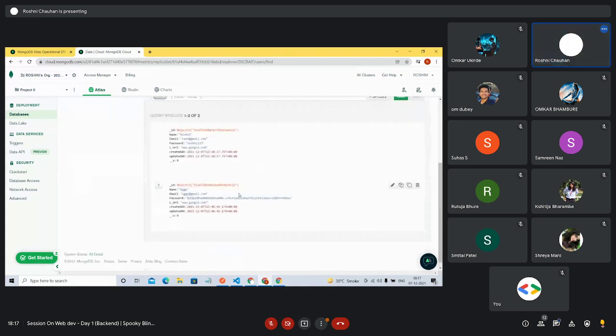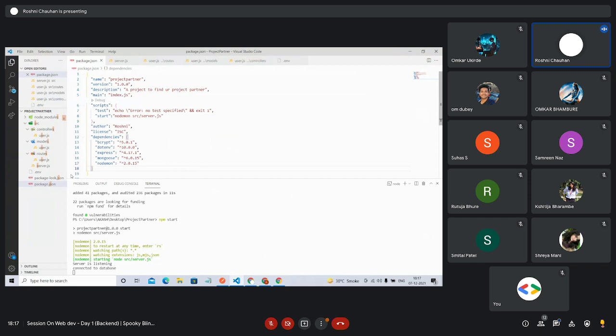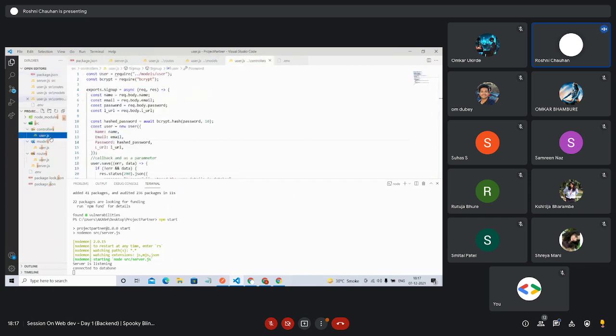So you can see a hashed password is saved in our database. Unlike earlier, when it directly stored the password in the database, now our password got hashed. So we have successfully hashed our password. Now, when we are going to log in,